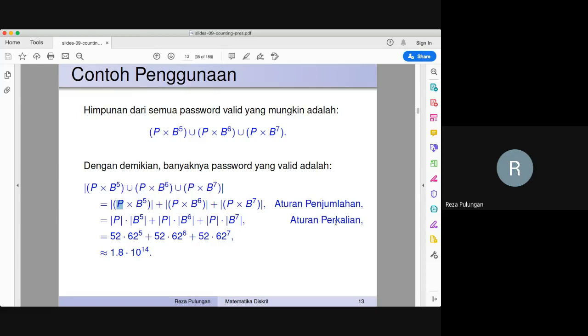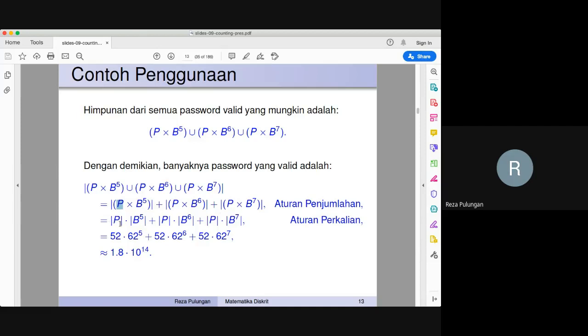This is from the multiplication rule, or the product rule. So from the product rule, this will be equal to the cardinality of P multiplied by the cardinality of B to the power of 5 and so forth, plus the cardinality of P multiplied by the cardinality of B to the power of 6 plus the cardinality of P multiplied by the cardinality of B to the power of 7.